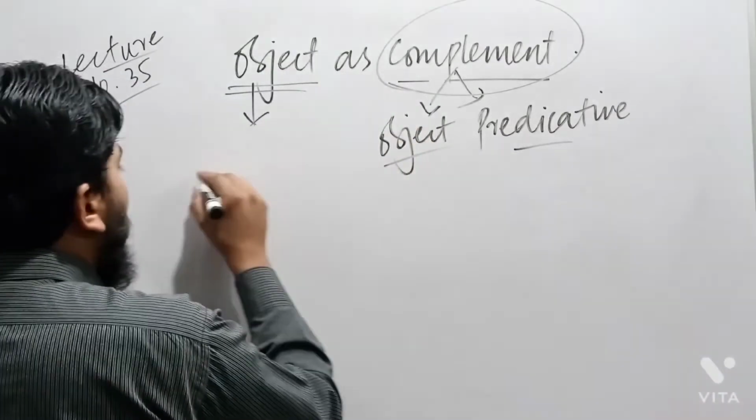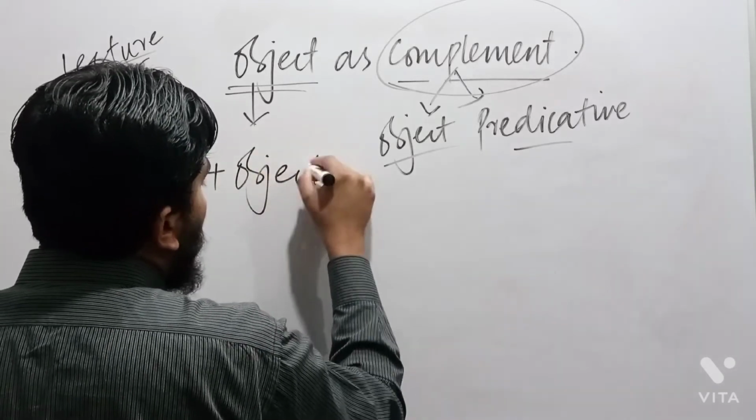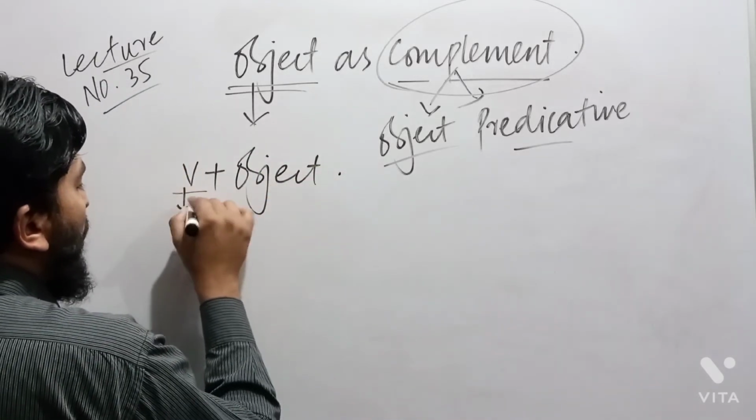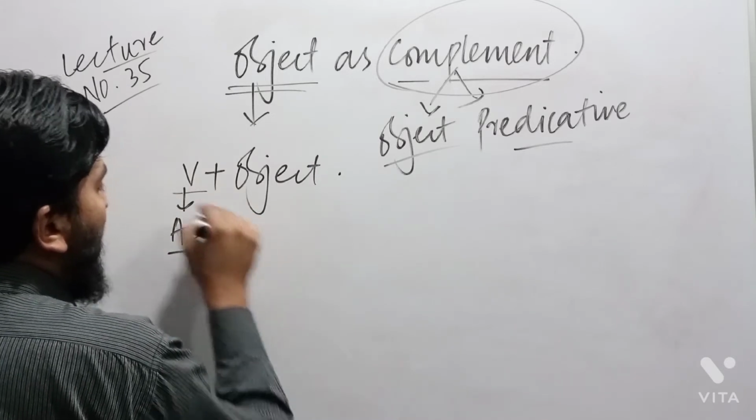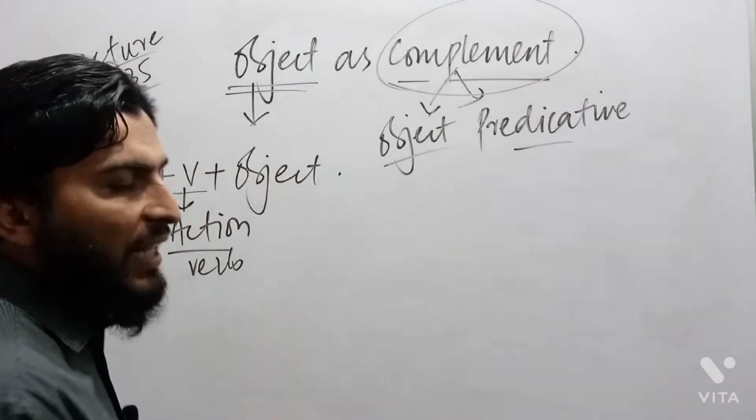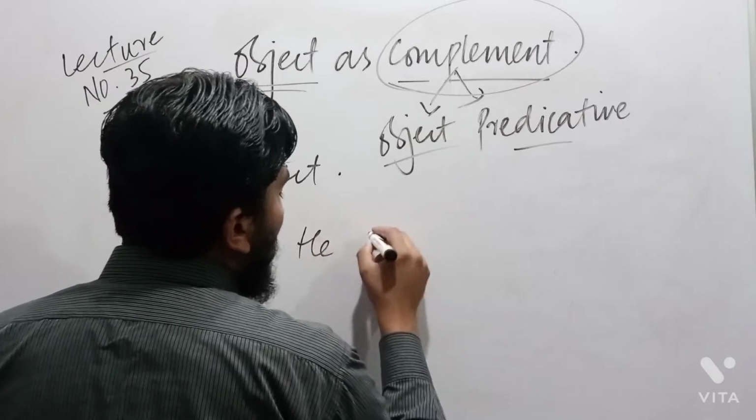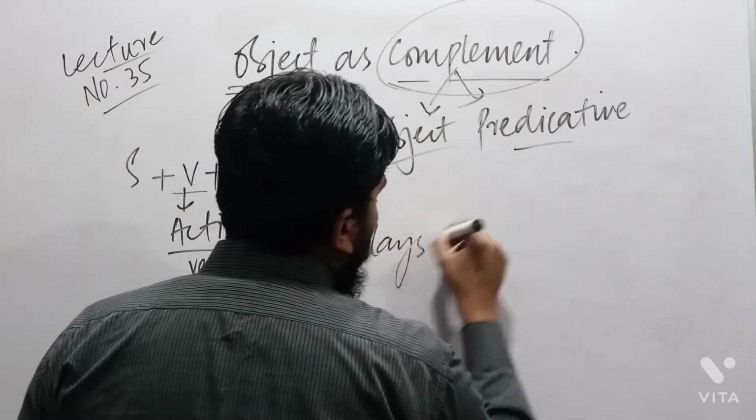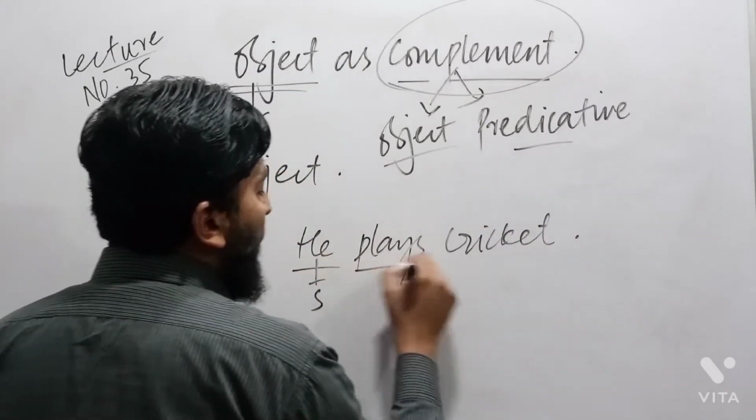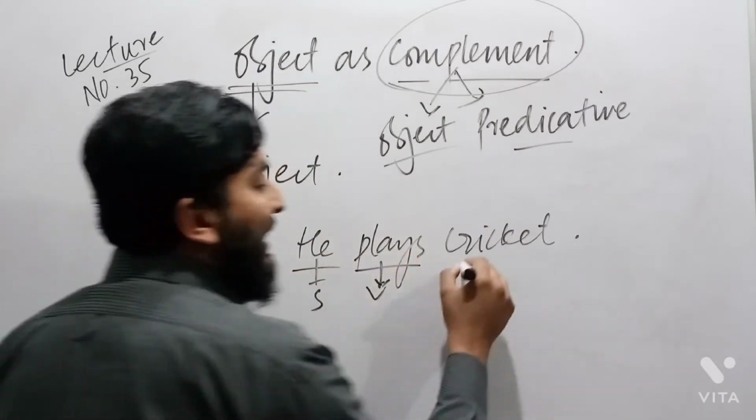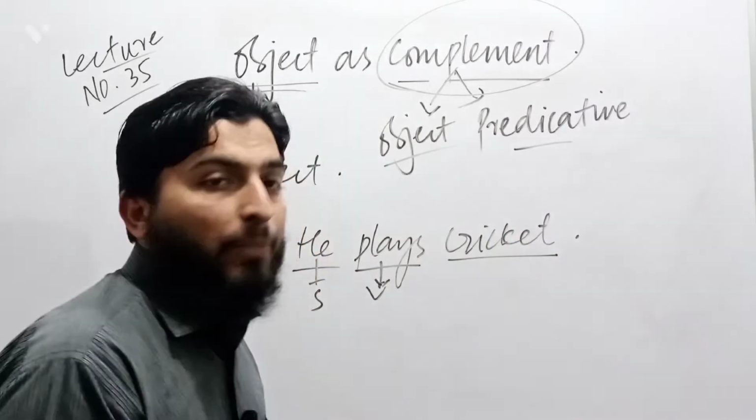It means that there is a verb, and after the verb there is an object. And what is the role of this verb? This verb shows us action. So therefore we say the verb is called an action verb. So subject plus verb plus object. For example, I say he plays cricket. Now, he is subject, plays is verb, while cricket is used in place of complement, as part of complement, for